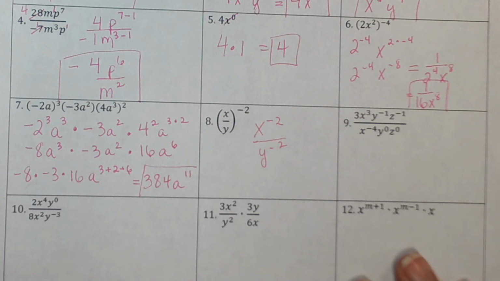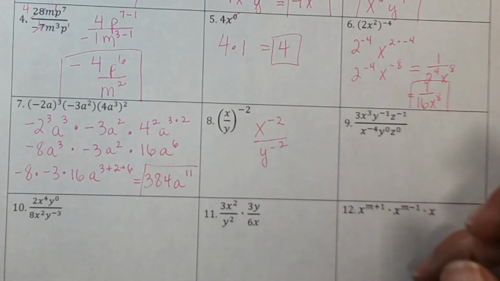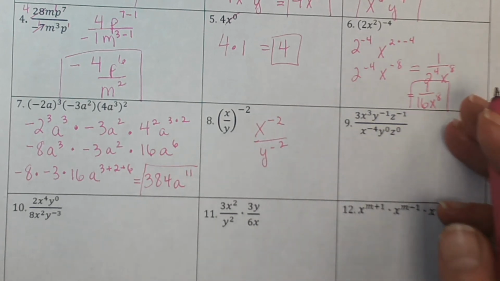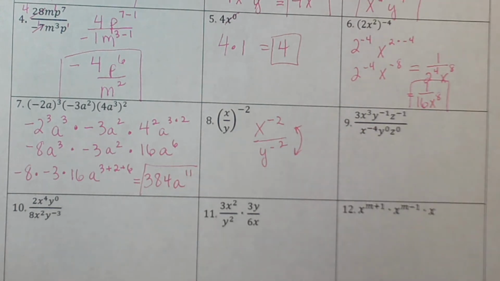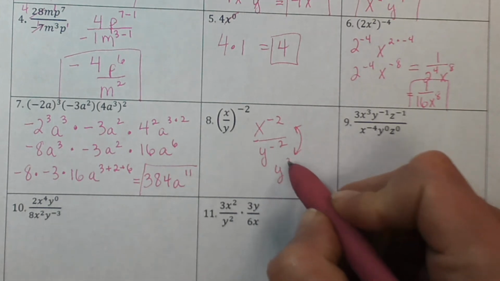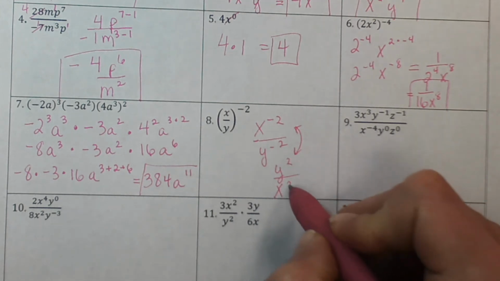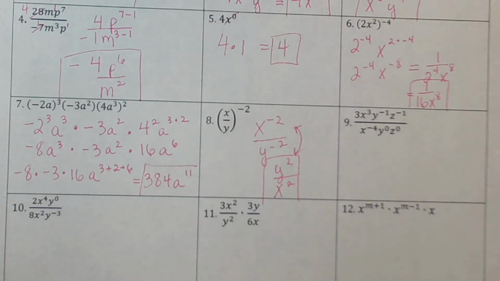And so remember what I said, that if it's got a negative exponent, we say it's on the wrong side of the fraction bar. Since these are different variables, there's no way I can combine them. So all I need to do is just flip them over to the other side. So I'm going to find the reciprocal of this, and I get y squared over x squared, and there's nothing else I can do to simplify that because I have 2 different variables. Okay,